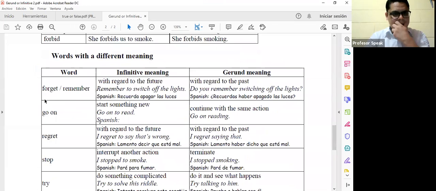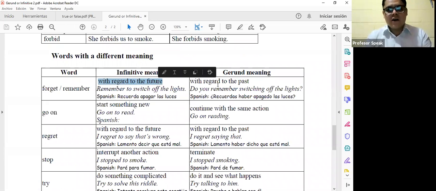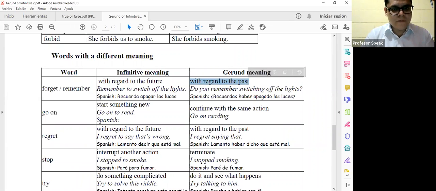Okay, look at this. Forget. When are you going to use forget followed by an infinitive? When you refer to the future. When are you going to use forget followed by a gerund? When you refer to the past. For example,